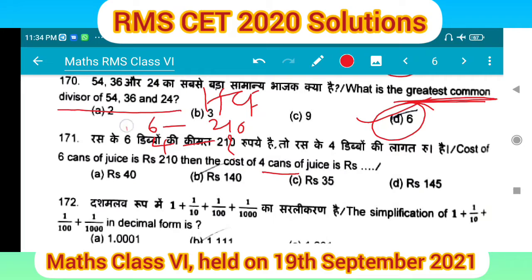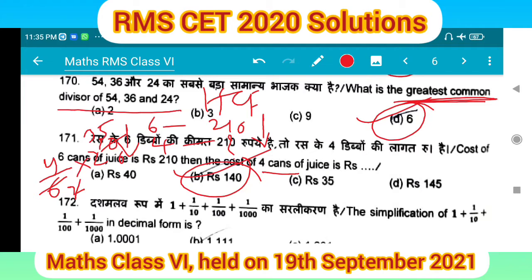So it is less here. Less means less by more. This is also a less value. So less by more means 4 by 6 into the individual value 210. Okay, unitary method. 3 twos are 6, 3 sevens are 21, so 70. 35 twos are 70. 70 into 2 is 140. Right, this is the answer.